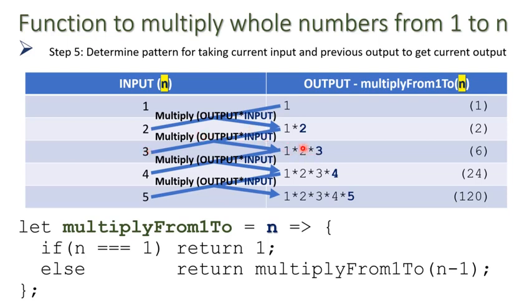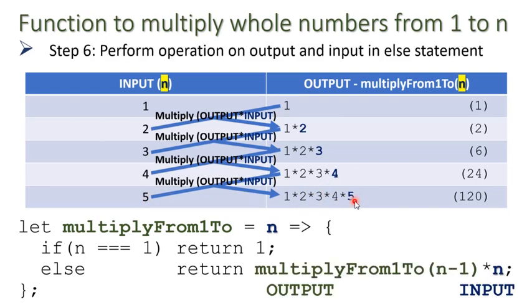This in turn gets multiplied by 4, which is 1 times 2 times 3 times 4. And finally, we multiply by 5, which is the answer for 5, which is 1 times 2 times 3 times 4 times 5. Okay, so now that we have the pattern, we incorporate this in our else statement to get our final function